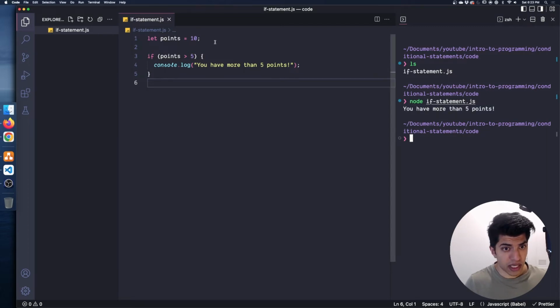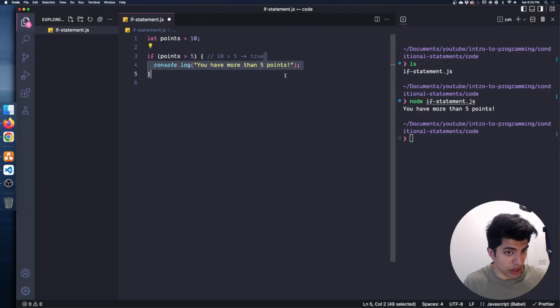So what's happening again is creating the number 10, pointing points at it. So points is 10. And we're asking the question, is 10 greater than 5? So if you look at this Boolean expression, this is going to give us true, right? So this is going to evaluate to true. If it's true, then we enter this body right here, line 4 in this case, anything between these curly brackets,